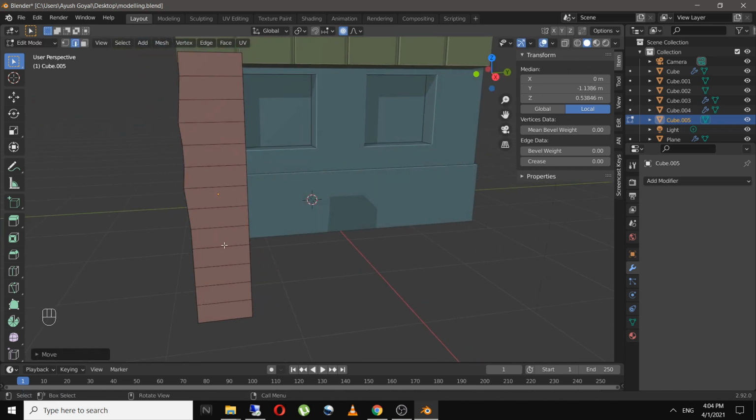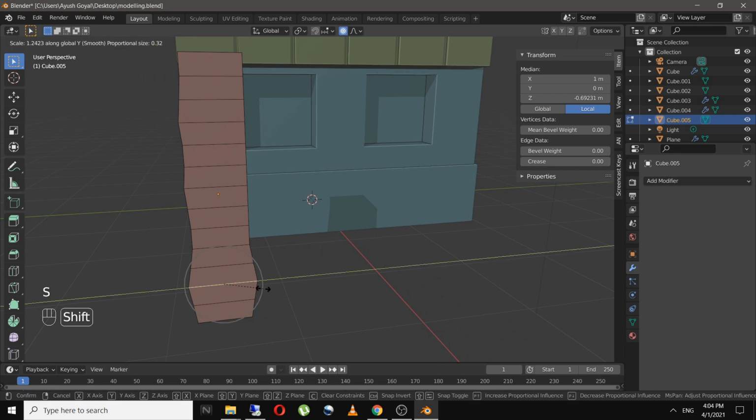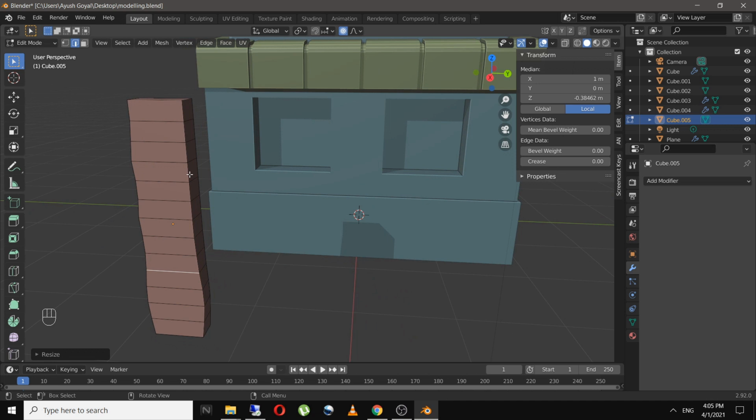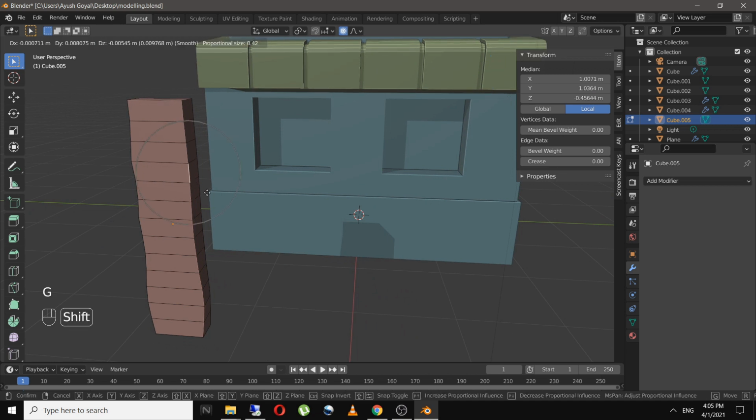and maybe select this and scale it on y-axis somewhere over here. This is totally up to you. You can play with the settings and the wooden bar as well. I'll move it somewhere like this.